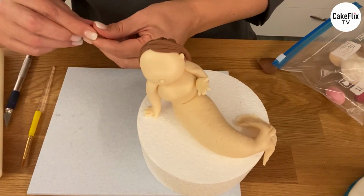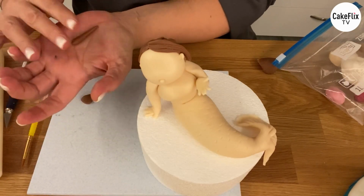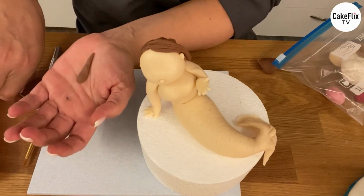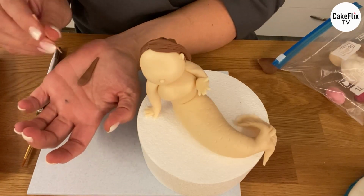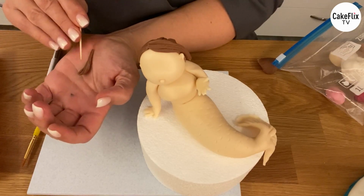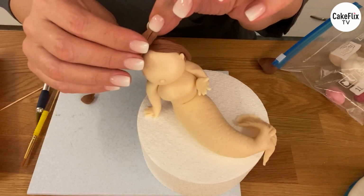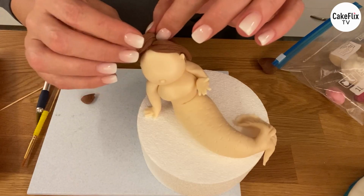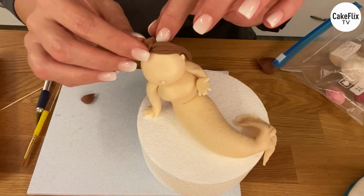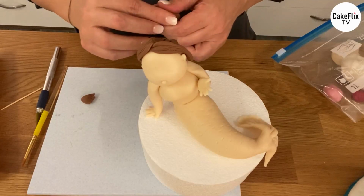And just giving a little bit more hair. Here we are. And here we are. And for the back,